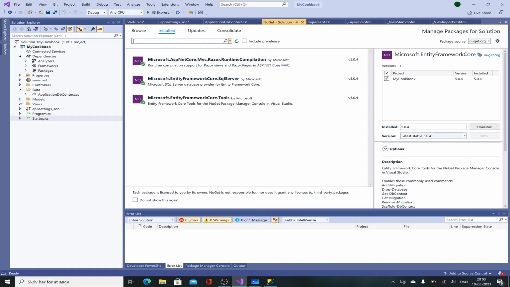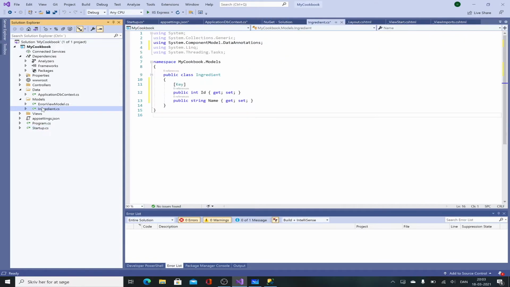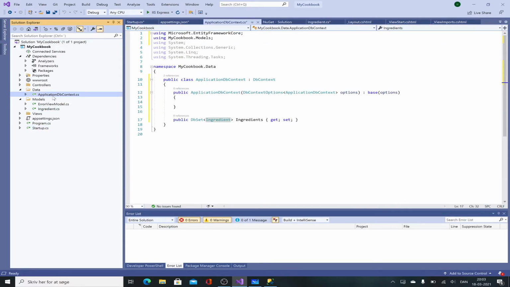Let's quickly recap. We have created our model, ingredients. We have created the dbContext that's responsible for talking to our database. We have made the DbSet of ingredients, which tells this dbContext that we have a collection of ingredients that we want stored in the database. Then we have